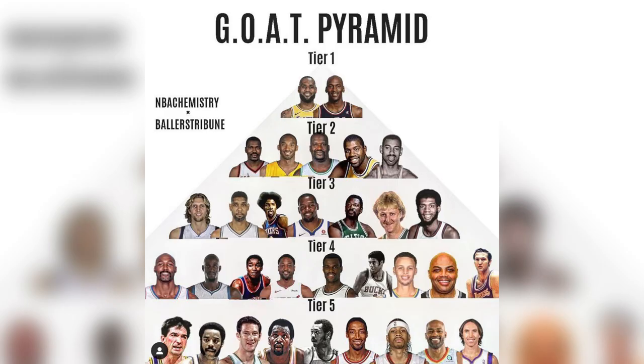Some of which I can't bring up without giving away my own pyramid, but a few things that I respectfully disagree with. Dirk is too high. I mean, he is a legend, but when you consider all things, and when you compare his resume and his accomplishments to some of the other guys on this list, I think he should be a bit lower than where he is. If Shaq is tier 2, then Duncan, Bird, and Kareem must be tier 2 as well.